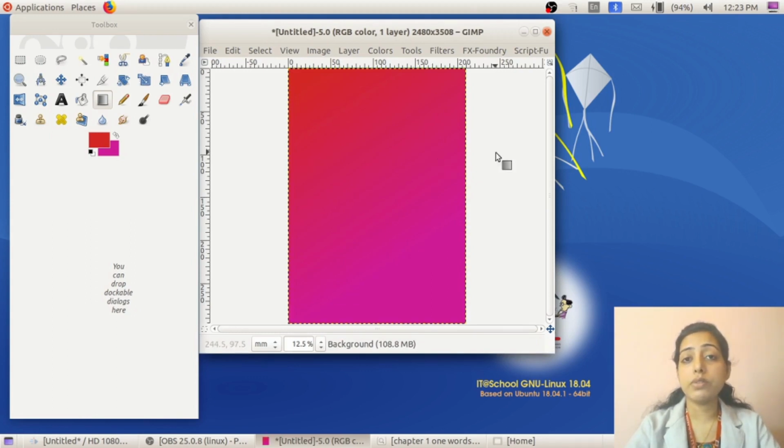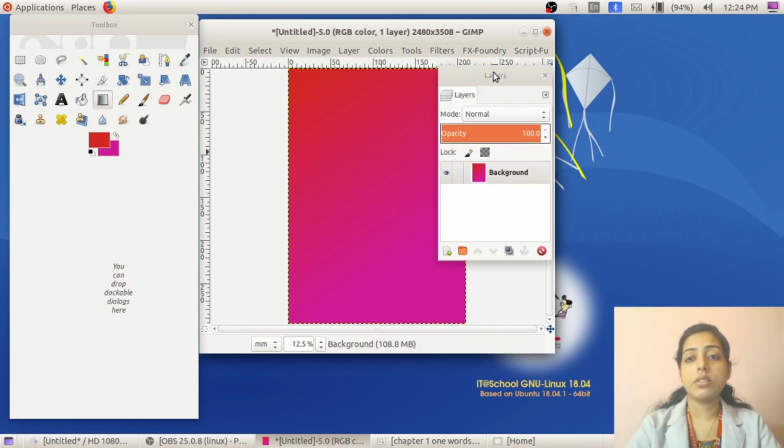Before that, what do we have to do? We have to open the layer palette, isn't it? Each and every activity we should create in a layer. If in the question they ask to do all these activities in layers, then you have to make layers. Otherwise, you can simply create a poster and add a logo or a picture. So if they ask to make use of layers, then you should open the layer palette. How can we open the layer palette? Ctrl+L.